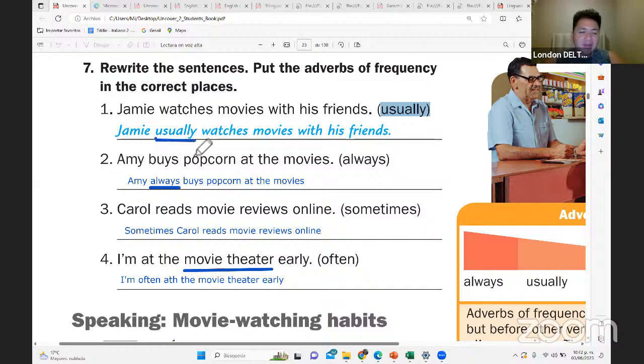So you can, okay, for example, usually I told you at the beginning, or usually it's flexible. Always siempre va en medio. Sometimes siempre al inicio, often siempre en medio. Yo os voy a ir diciendo, pero no es que haya una regla. Más bien es de cómo suena, pero bueno, si no lo has visto antes, entonces tienes que como memorizarlos. Because it's weird if you say Carol sometimes. No, you say sometimes Carol.